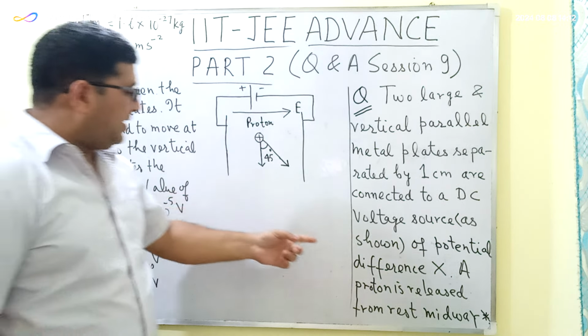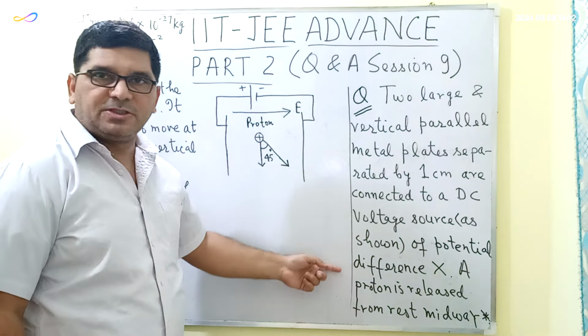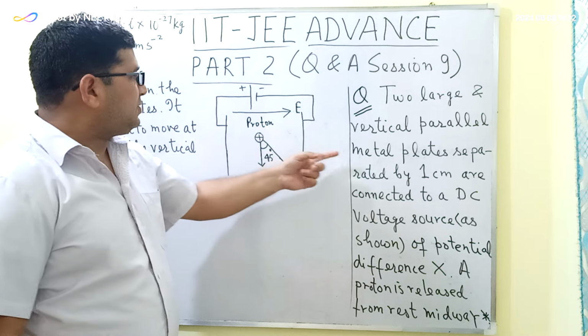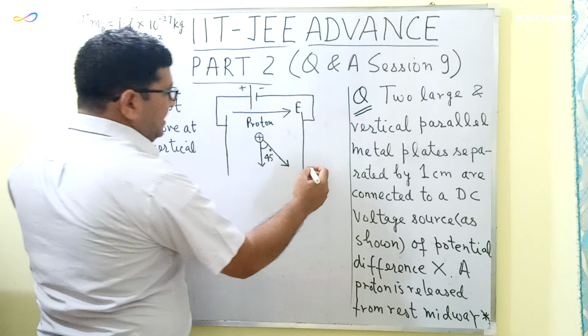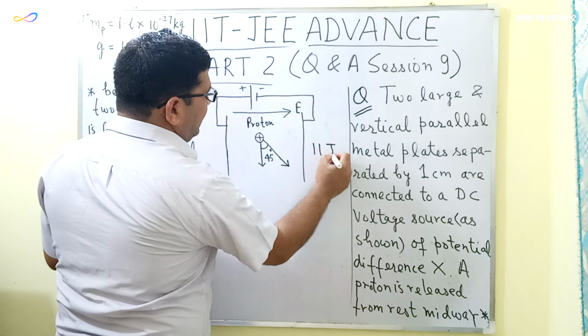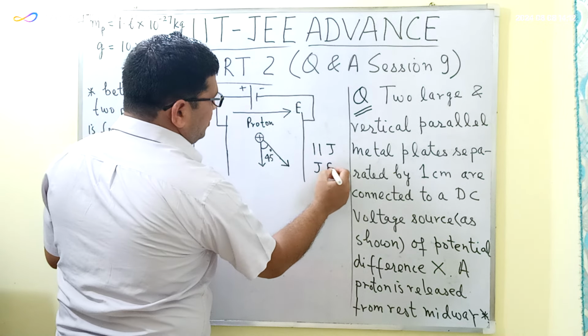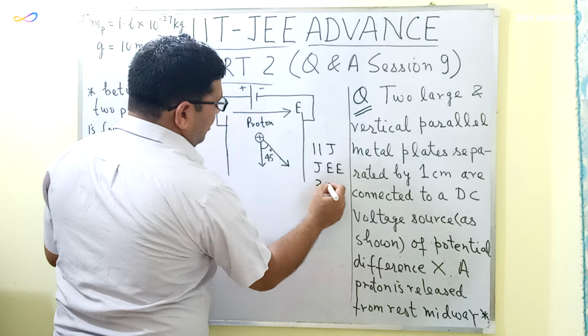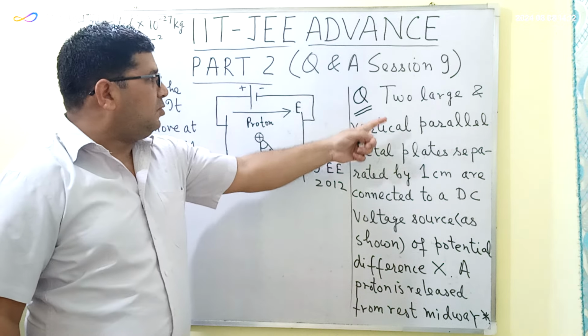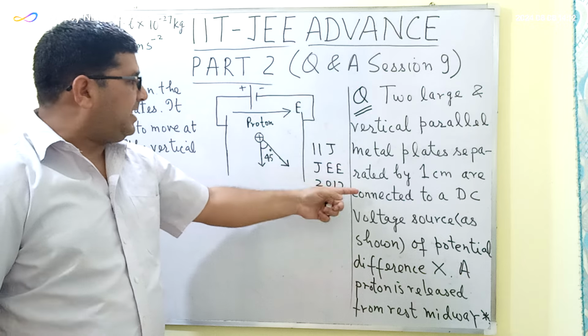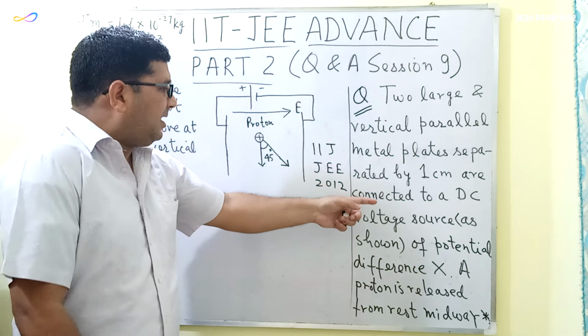The question which I have taken for this session is written on this board, and this figure was provided along with this question. This question was asked in the IIT-JEE examination in the year 2012. So the question here is, two large and vertical parallel metal plates separated by 1 centimeter are connected to a